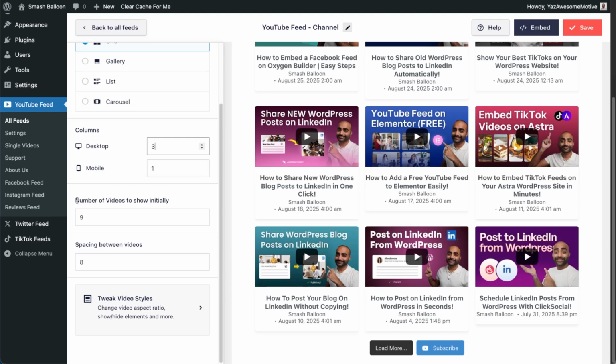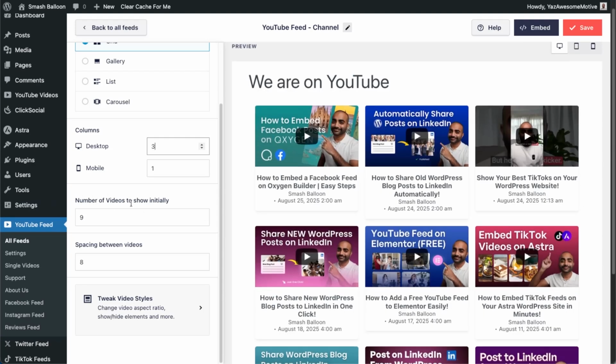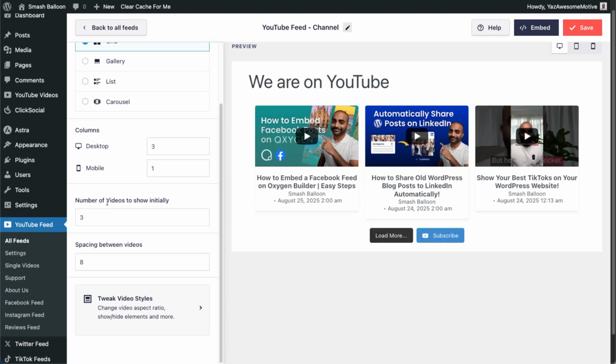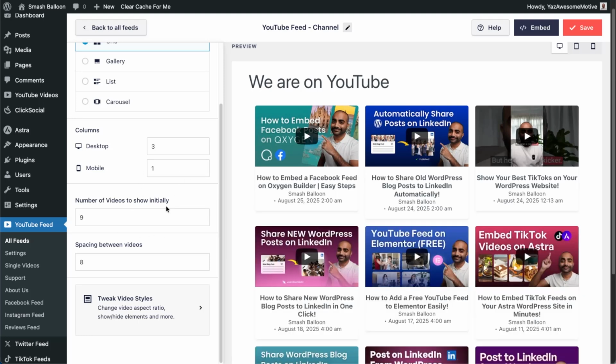you can also choose how many videos you want to display inside the feed initially. And currently, you can see that we have 9 in the feed. Once again, to modify it, all you have to do is type in the number of videos you want to display. Let's go with 3, and our YouTube feed instantly updates to display 3 videos instead of 9. Let's change that back to 9, and if you make any changes, don't forget to click Save on the top